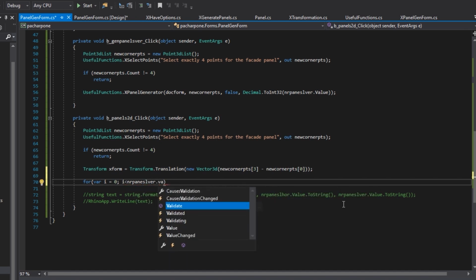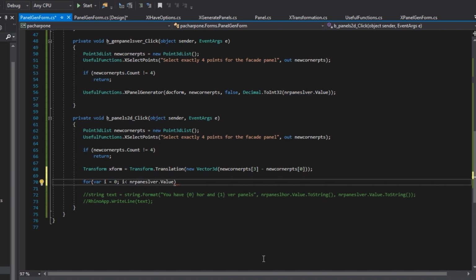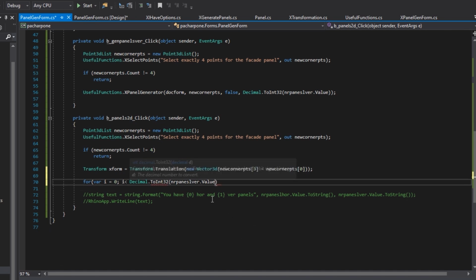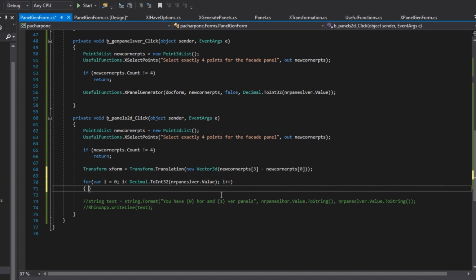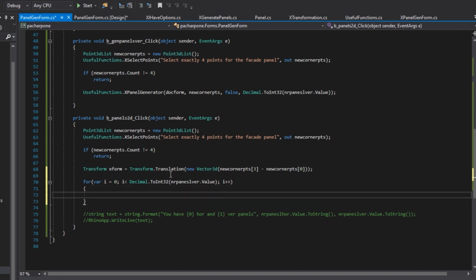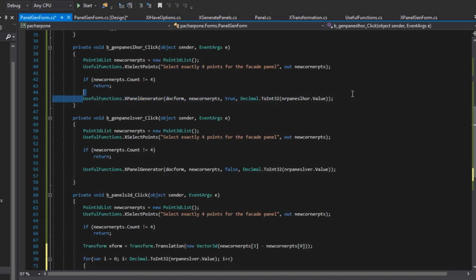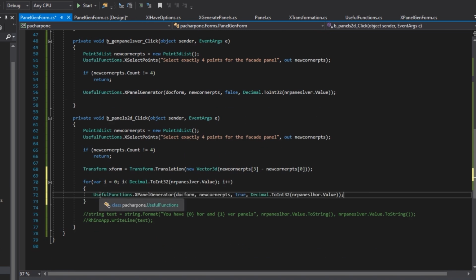But if we are in a loop, we really want to have an integer value, not a decimal value. So we will again use that trick that I told you, decimal to int 32, in order to cast this value into a proper integer. And we will iterate through it. Inside every iteration, we will simply call our useful function to generate a horizontal row. So we are simply generating horizontal rows one by one, but every time we generate one,